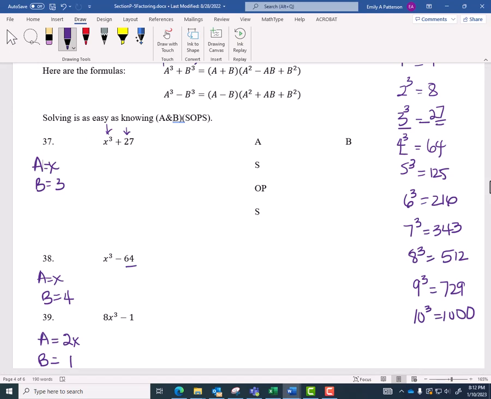Then, once we've identified whether it's a sum or difference, which we can see quite plainly, we simply plop everything in. Looking at this one, we have this acronym. We just have to know what A and B are, and then this SOPS, or same, opposite, sum. Some people have different acronyms for remembering it, but I remember this as same, opposite,